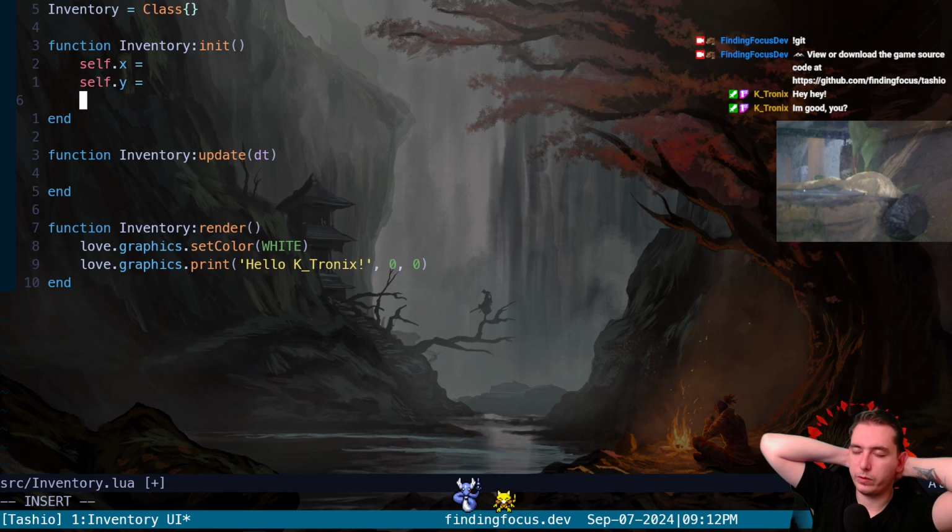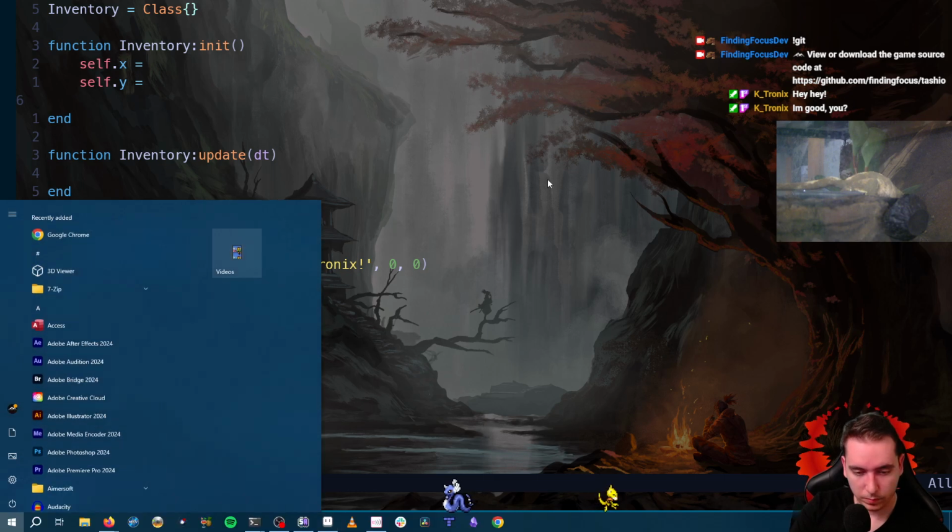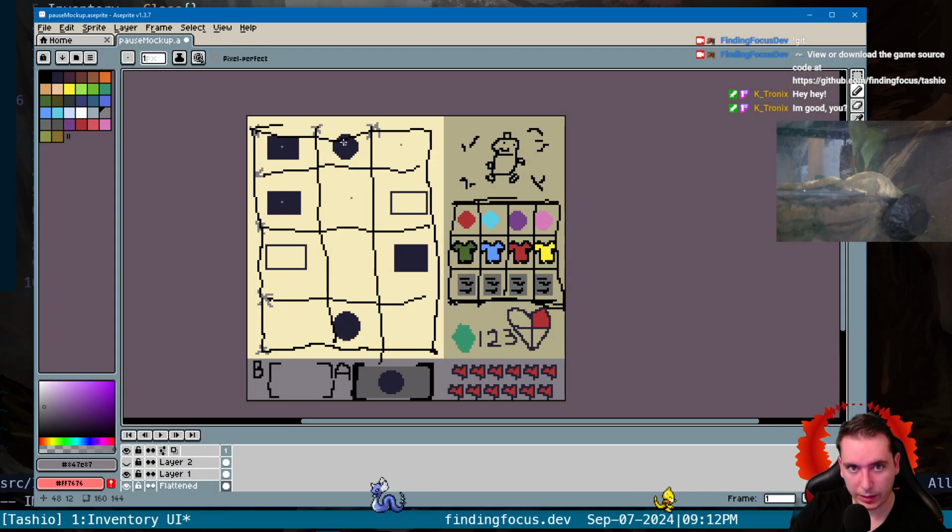Like a cursor. Let's say we wanted to hover it on the second item, so like right here. How do we render a cursor over this item right here? You know, we would have to say, okay, well,